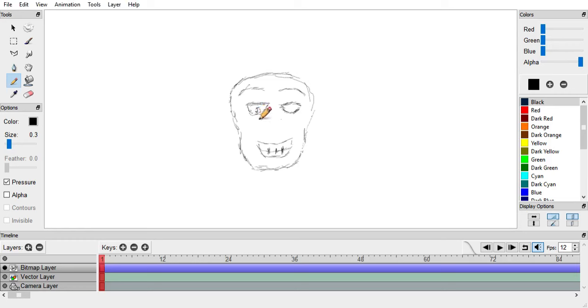Oh, what did I do now? I can't even draw things. I'm just going to draw some eyes in there or something like that. And then there's a button here somewhere that I can get a new frame. I can get a new keyframe with that. That'll work. I think I'm drawing on the bitmap layer. Yeah, I'm drawing on the bitmap layer.